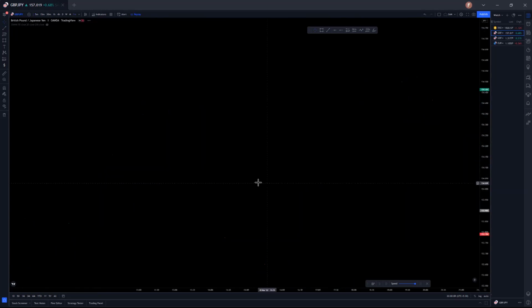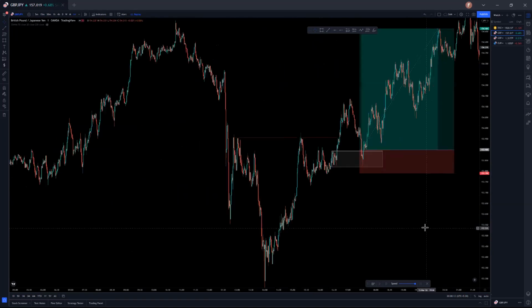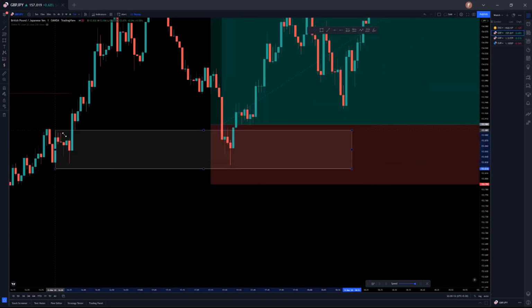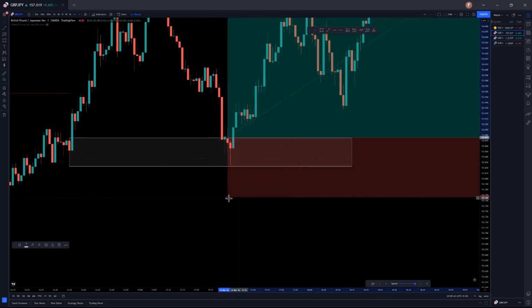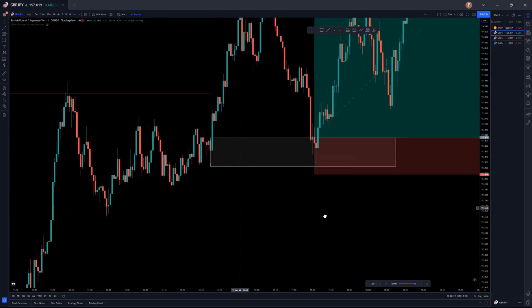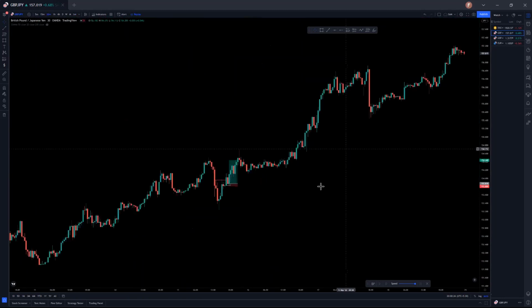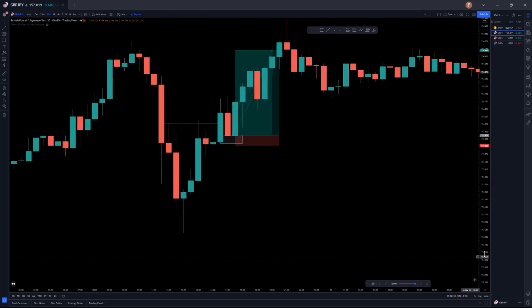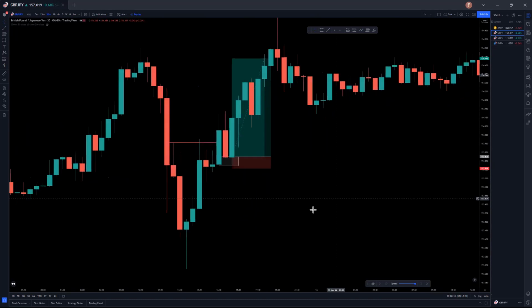Let's go to the 1 minute to make the entry more refined. On the 1 minute you can also use this POI and you can decrease your stop. Let's go to the 30 again to identify what we were doing. Actually we got the entry a little bit late, but yeah,